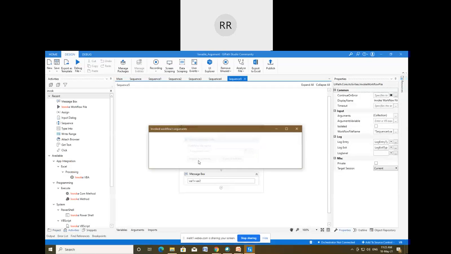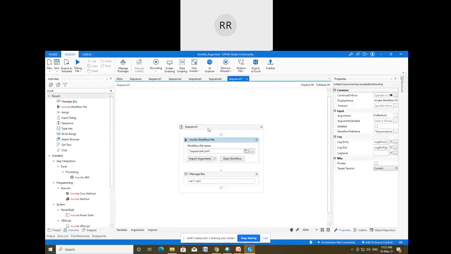Simply what I have done, I have utilized this argument as the variable for this second workflow file, or if you say this fifth sequence file. So you can see here how the argument is used to pass the data from one file to another. Is it clear? It was a little tricky, but it is easy if you understand the concept and topic, then you can easily perform the examples.